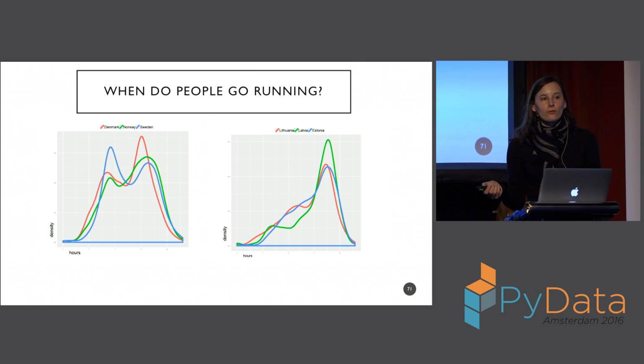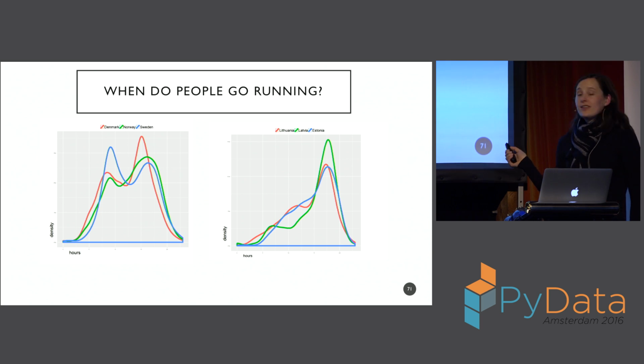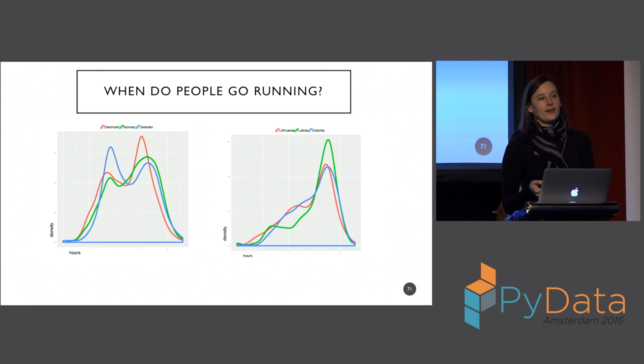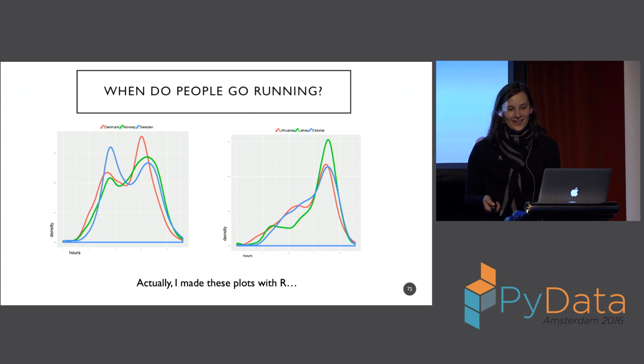Anyone use the Endomondo running app? Well, you might be interested to know that if you look at the time series and cluster them, we've got some kind of Nordic cluster going on. Denmark, Norway, and Sweden all have this morning-evening pattern. And then the Baltic states are all doing their own thing. I didn't select them this way. This is the result of the clustering study, right? So if we just look at when these countries go running, we see some geographic correlations. I have to admit, I made these plots in R, so I'm not a pure Pythonista.